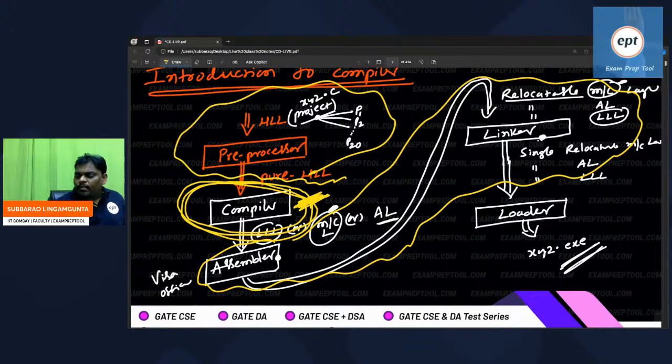Otherwise, the compiler would have to run one time for the preprocessor, one time for the compiler, one time for the assembler, one time for the linker, one time for the loader. You would have to do it like this. So when I say compile, for user experience and advantage, a little bit is done before compilation, the preprocessor, and a little bit is done after compilation, something like the assembler, linker, loader.